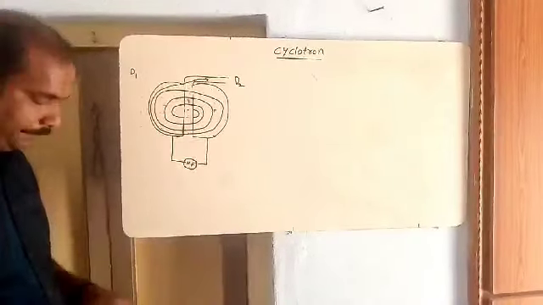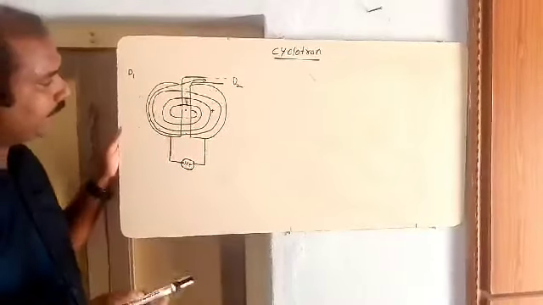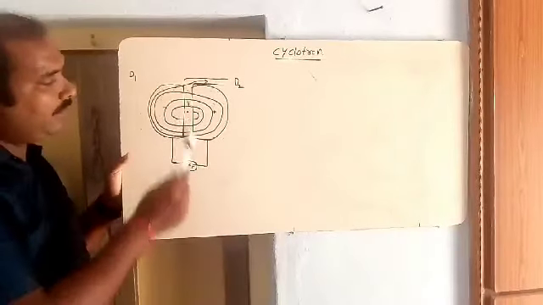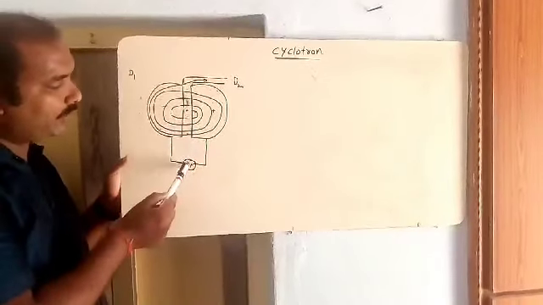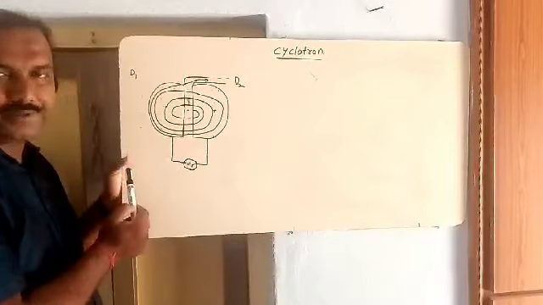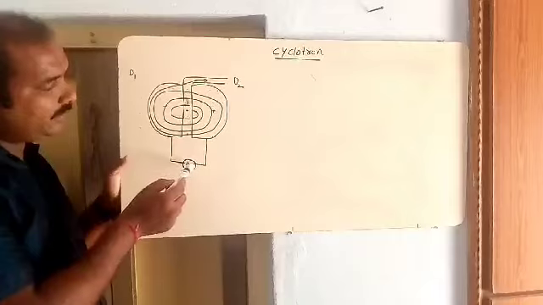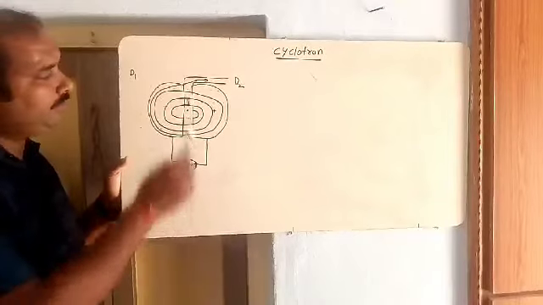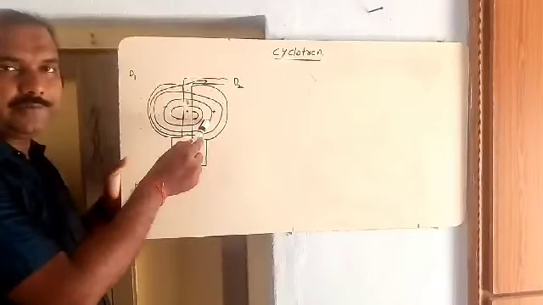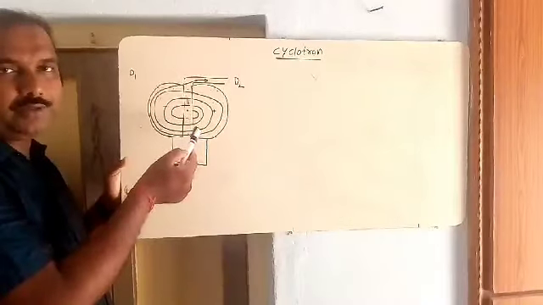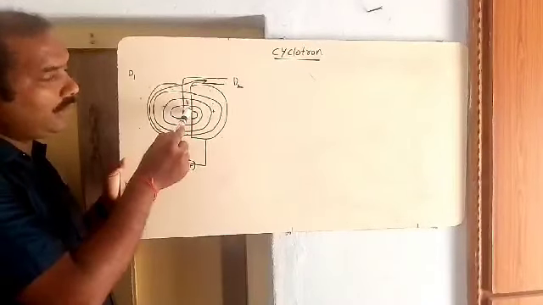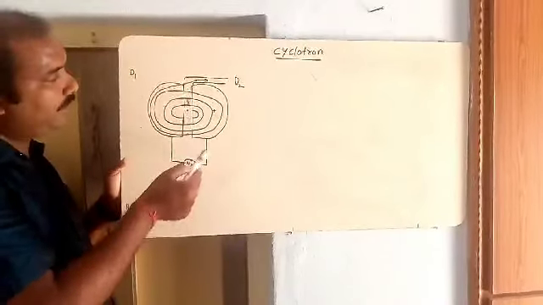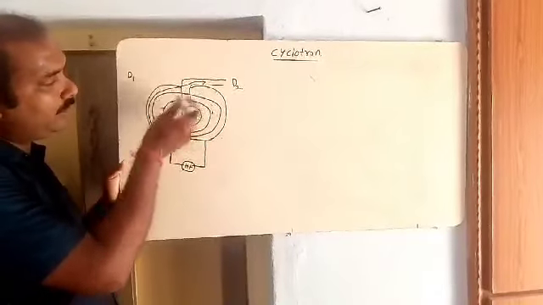So once again, see the working of cyclotron. Initially, I am taking two Ds, D1 and D2, and these two are connected with one high frequency oscillator. Now, this high frequency oscillator is useful to produce a strong varying electric field between these two Ds. D1 and D2 are insulated from each other and they are kept in a vacuum chamber to shield from each other. Now, here only electric field is applied, but here the electric field is zero, but electric potential is constant. Now, the magnetic field is applied perpendicular to this electric field.